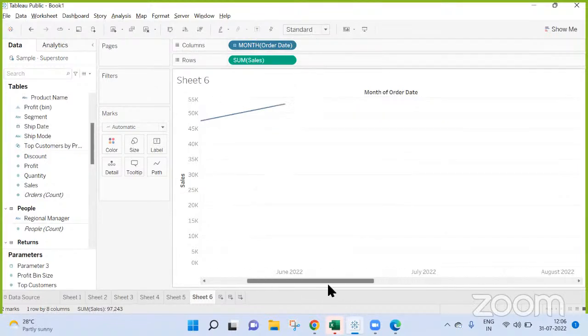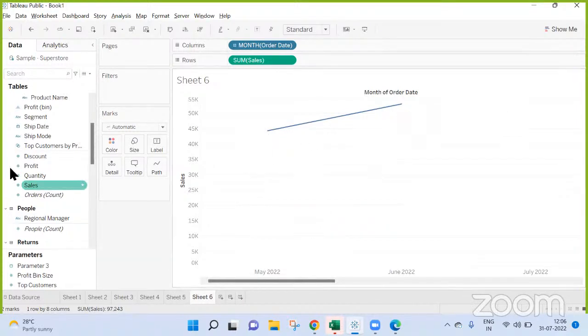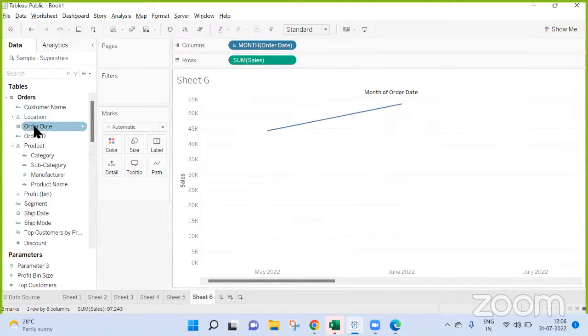Okay? Yes, and if I bring, like, you have here sales, that's why it's bringing one line. So if I bring one more dimension, then it will give 2 lines, right? Yes.